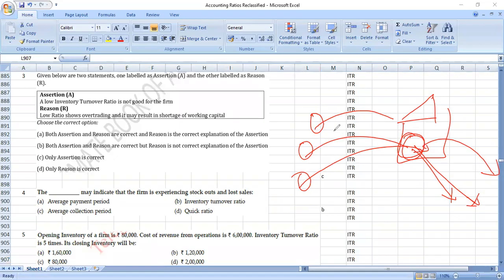If you're exhausting the inventory very often, it means that you are actually purchasing too many times. Instead, why don't you just purchase in large quantity for fewer times? Because every time you purchase, you have to pay freight inward, the cost relating to purchase. If the inventory turnover ratio is too high, it means you're purchasing too many times. Too low means you're purchasing a huge amount of stock in bulk, and you're taking time